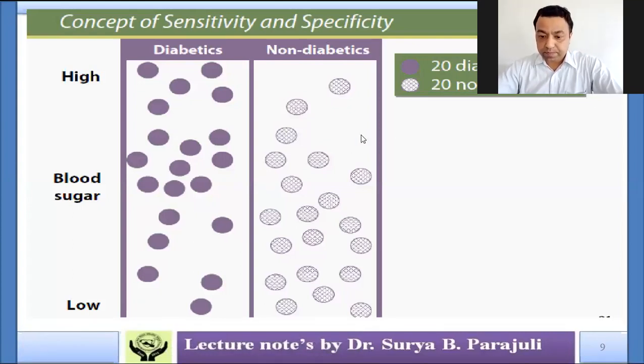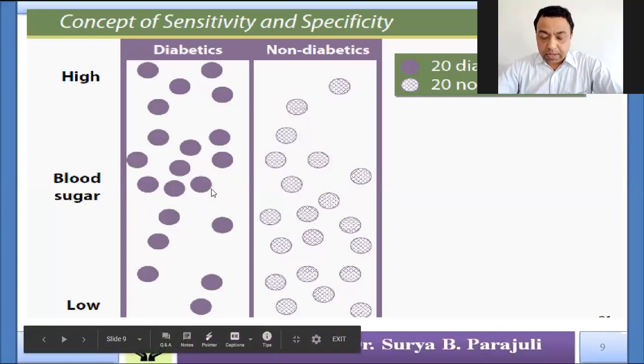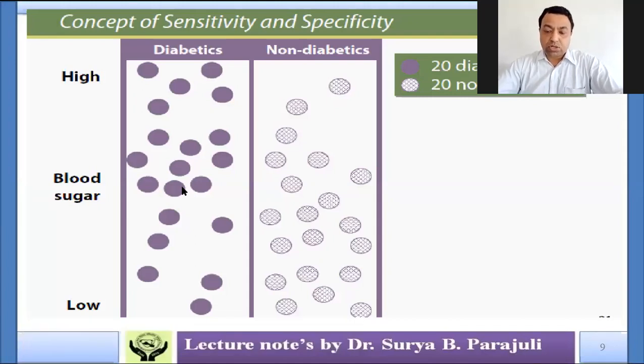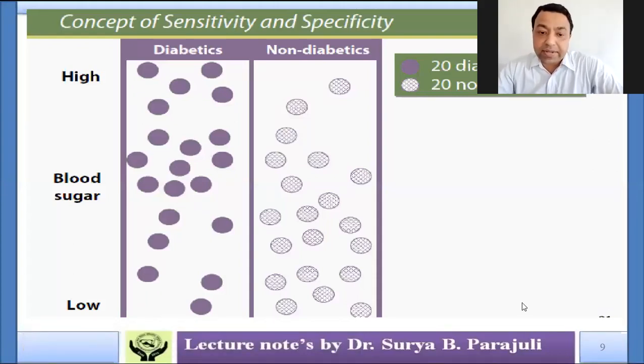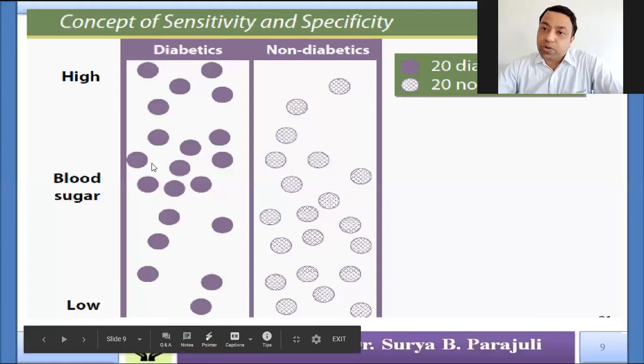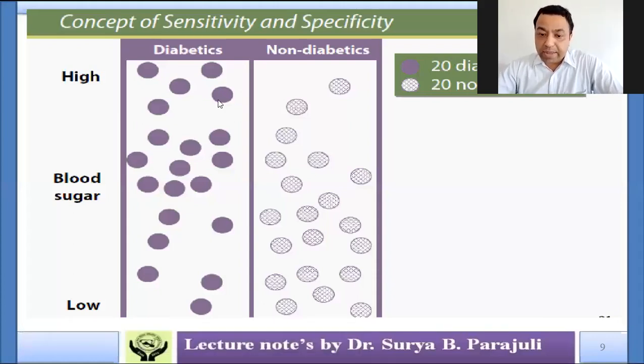There is no. Okay, and even within COVID positive, actually what we are using, PCR, RT, these are on a qualitative basis. It's not quantitative. Okay, if you quantify the amount of antibody or antigen, the level may be different within COVID-19 positive cases. That is called viral load. Viral load may be different in terms of COVID-19. In terms of diabetes, it is blood sugar level. Okay, so we have 20 diabetics, 20 non-diabetics. According to this figure,